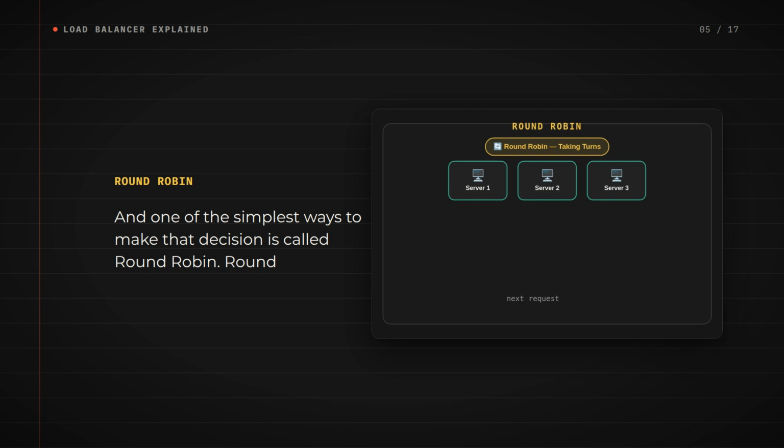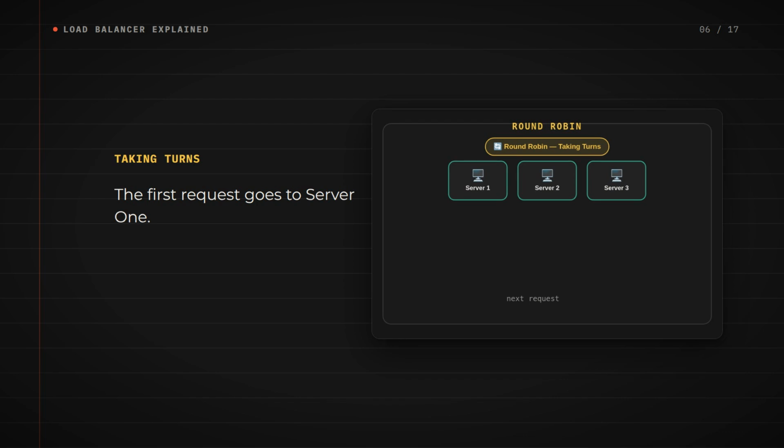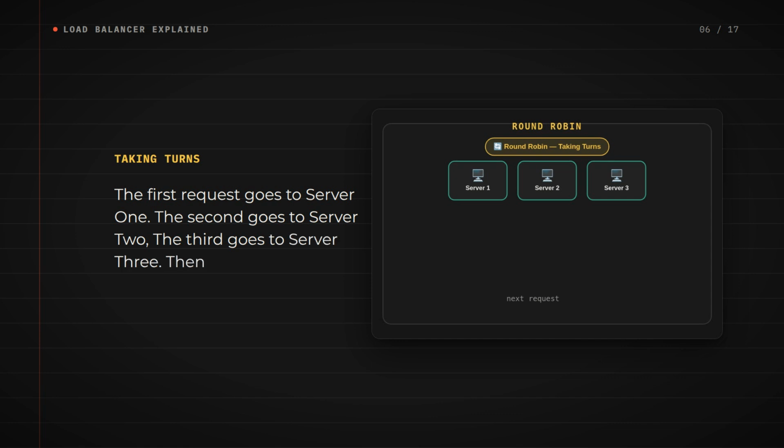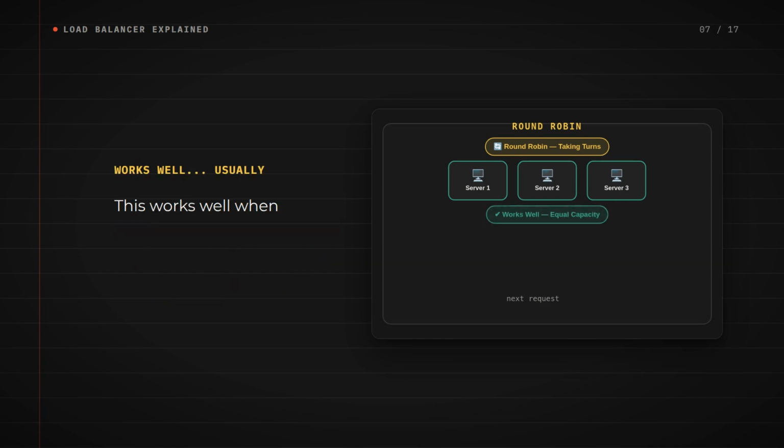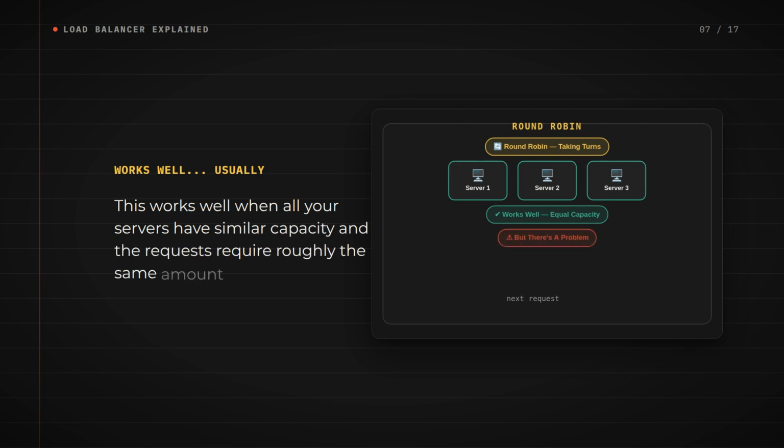Round robin is basically taking turns. The first request goes to server 1, the second goes to server 2, the third goes to server 3, then it starts again, server 1. Server 2, server 3. Simple, right? This works well when all your servers have similar capacity and the requests require roughly the same amount of work,